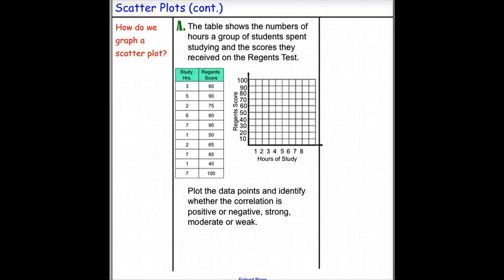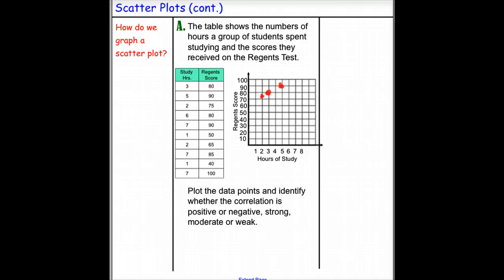Now, what we want to do is be able to graph a scatter plot today and look at what the correlation looks like. So if we go ahead and graph these points, we have a table showing the number of hours groups of students spent studying and the scores they received on what's called the Regents test. So we have 3 hours studied and a score of 80, and this is basically graphing on a graph. We have 5 and 90, and we have 2 and 75,